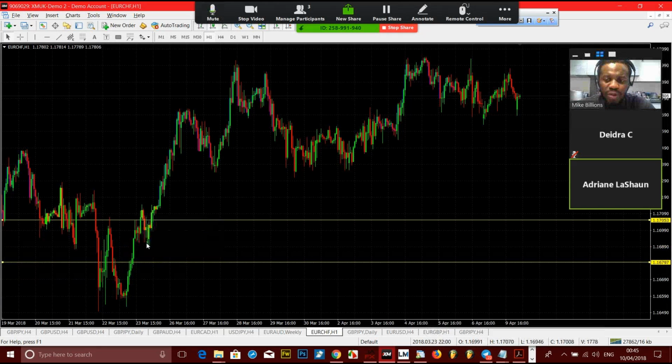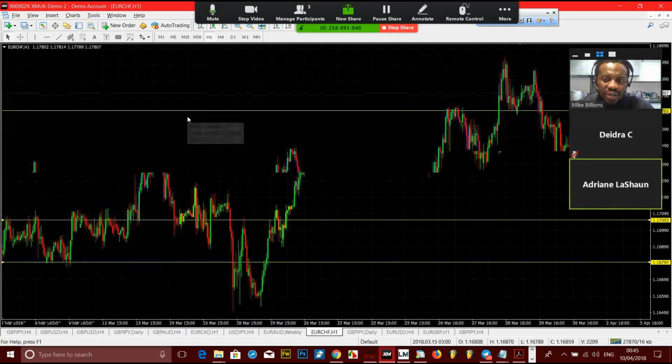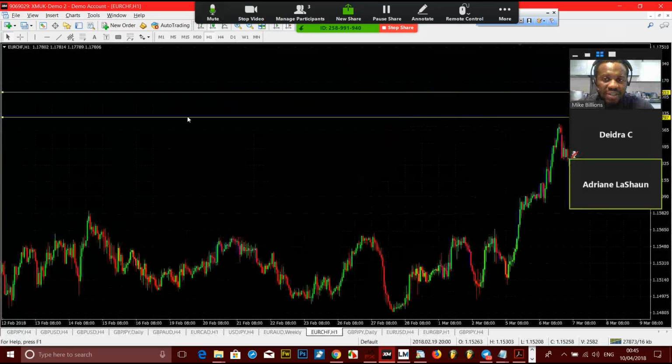Then I would wait for it. I already have that level set up. When it breaks that level, I see a little bit of pullback, I will jump in again. Either jump in again or increase my lot size, put in another position and take it to the next level. When it got here, we saw another reaction. But I wouldn't have known there will be a reaction here. But how do I know there is a reaction? I probably will have created that level anyway.